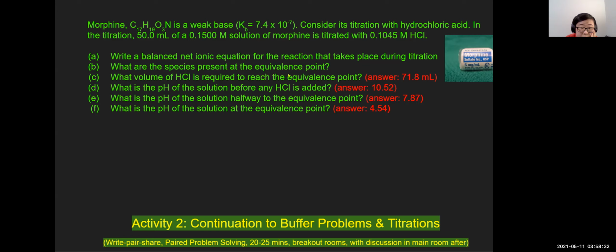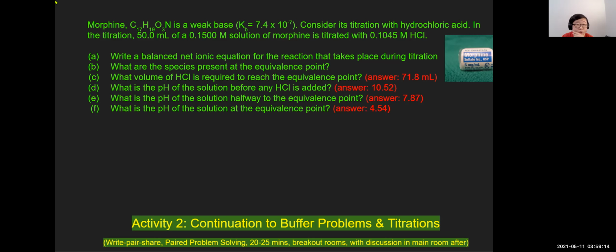What are the species present at the equivalence point? At the equivalence point, you only get the conjugate acid. In this case, this is a weak base and you're titrating with strong acid. So all the weak base is depleted at the equivalence point. So you're just going to get the strong acid and you will get the conjugate acid of this. So you get H morphine, whatever that looks like. And then to work this problem out,